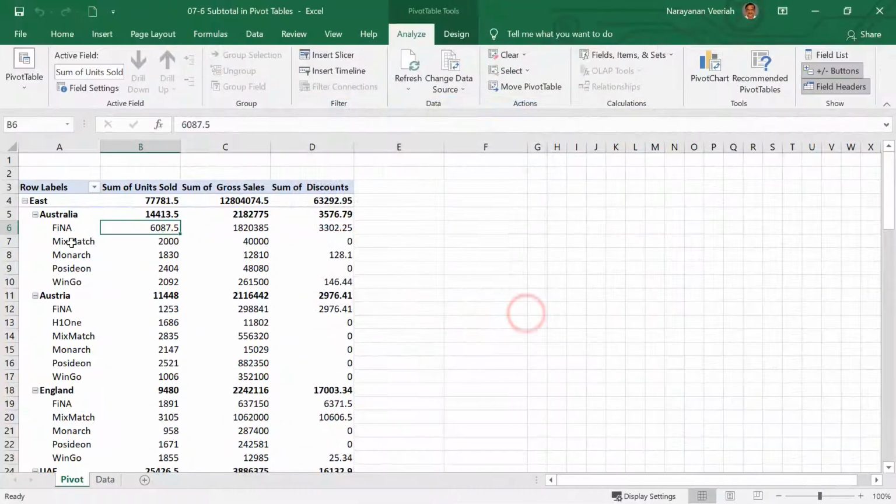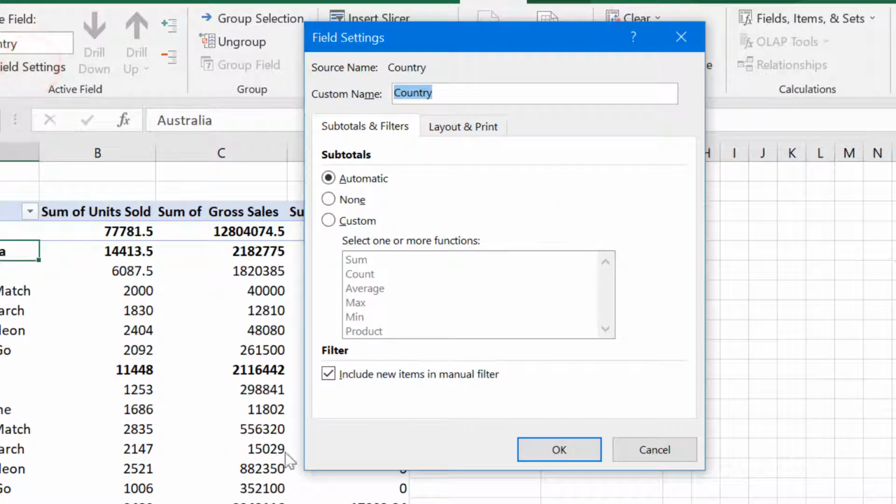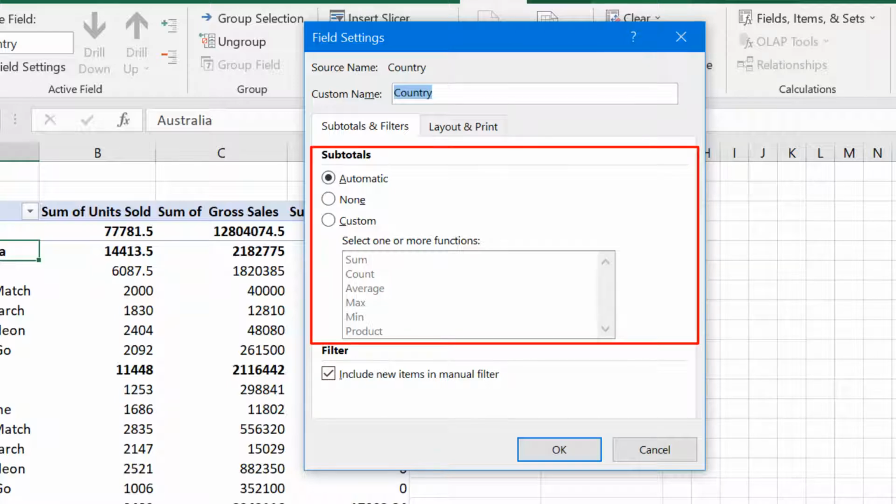Let's go back and then select an item of row or column and then click on Field Settings under Active Field menu group. On the Field Settings dialog box, under the Subtotals and Filter tab, you will see three options for subtotals. To use the default summary function, you can leave the radio button selected as such for automatic.